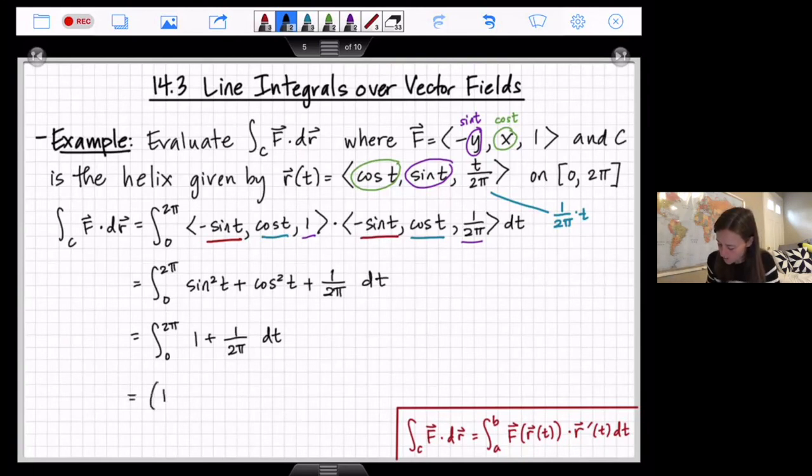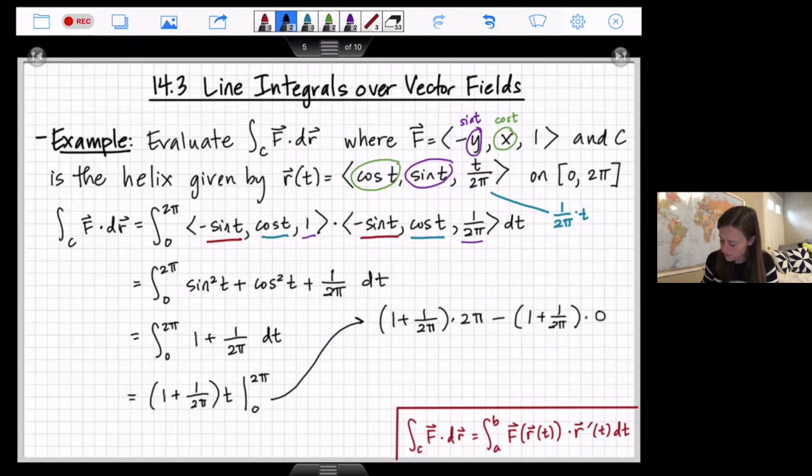So I'm going to have 1 plus 1 over 2 pi, all of that constant times a t, and then we'll evaluate that from 0 to 2 pi. All right, so we've got 1 plus 1 over 2 pi times 2 pi minus 1 plus 1 over 2 pi times 0. Just to make this look prettier, I'm going to distribute this 2 pi, and I get 2 pi, and then 1 over 2 pi times 2 pi is just 1. And then everything else over here is just a big 0 that goes away, and our answer is 2 pi